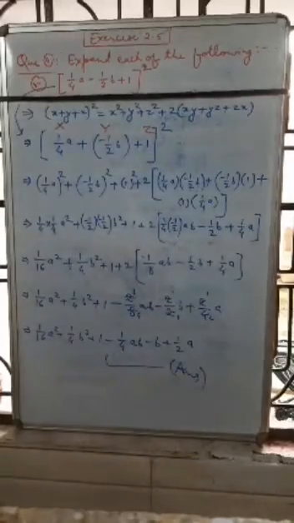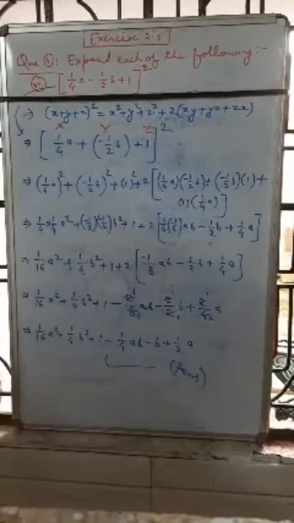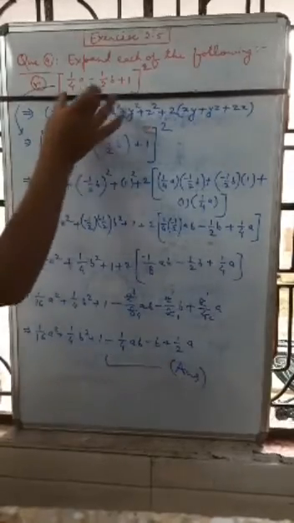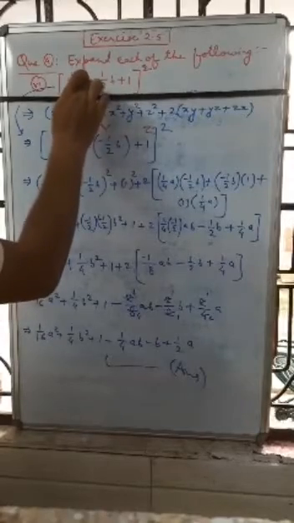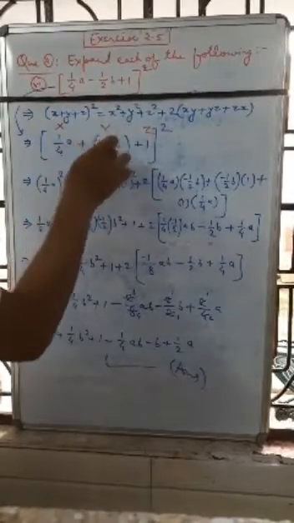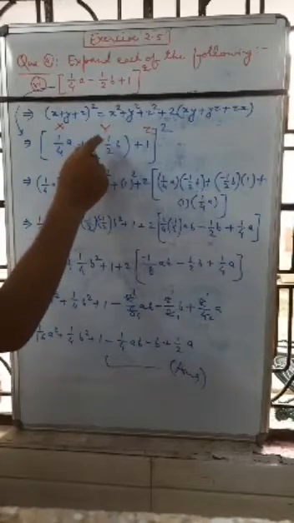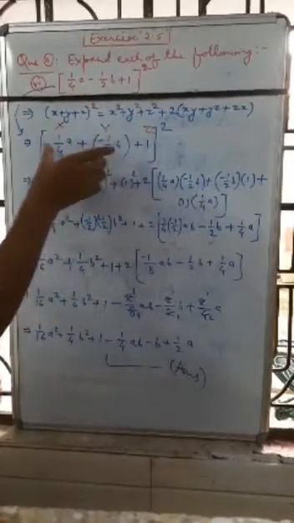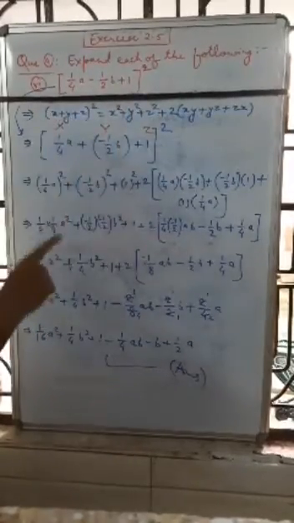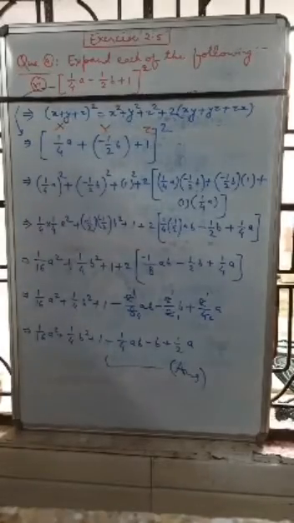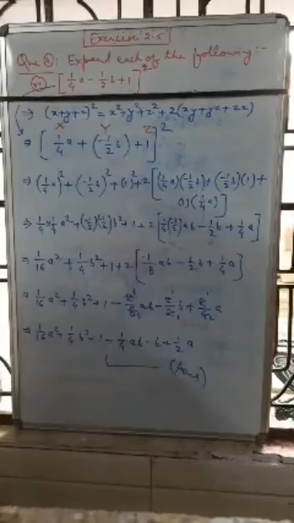So such kind, or using such identity, you have to solve the problem, but you have to remember that the question is asked in form of minus sign, so you will have to convert it into plus, and inside the bracket you can write minus 1 by 2. So when you will multiply plus or minus, again you will get minus sign. So it is the format which we have to apply before solving the question, only using one identity. No other identity you have to use for solving this kind of question.